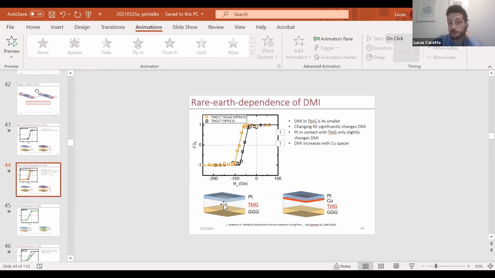The symmetry breaking comes from the interface, but the spin-orbit coupling comes from the rare earth, is what we find. That's the difference. In the metallic systems, the spin-orbit coupling comes from the platinum, and the symmetry breaking comes from that interface as well. What we find in the oxide systems is that the symmetry breaking comes from the interface, but the spin-orbit coupling doesn't come from the torque material. It actually comes from the magnetic material itself. That's the main difference that we see.